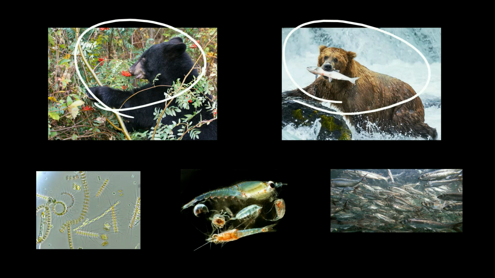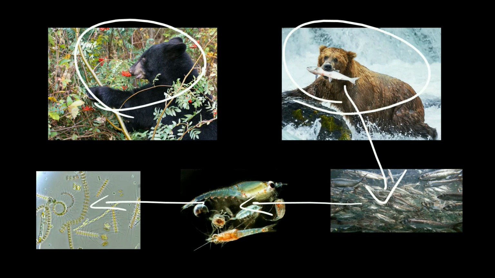In terms of consumers, both bears in these photos are consumers, but the bear eating the salmon could be much further down the track, right? So when the bear eats the berries, it's a primary consumer, but when it eats the salmon, it's actually functioning as a quaternary consumer. Now, what's going on here? Well, the salmon are tertiary consumers because they eat herring, but the herring are secondary consumers because they eat zooplankton, which are of course primary consumers because they eat the